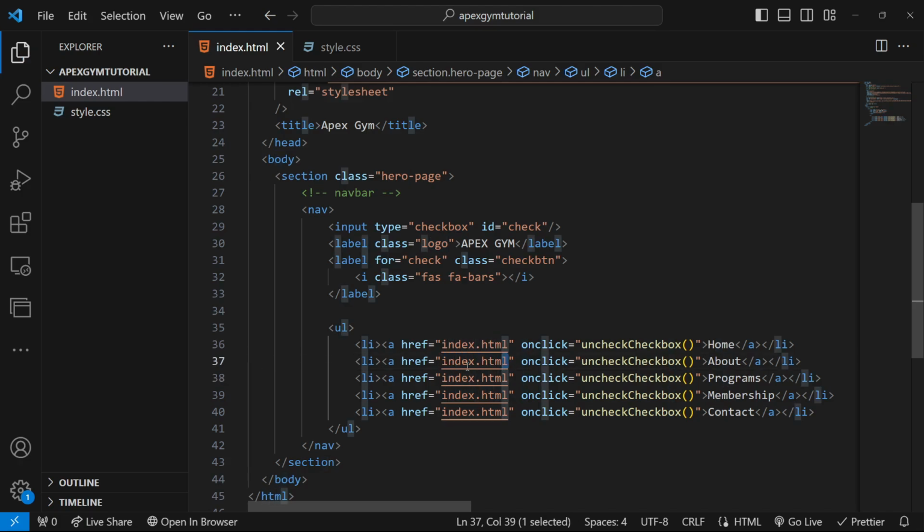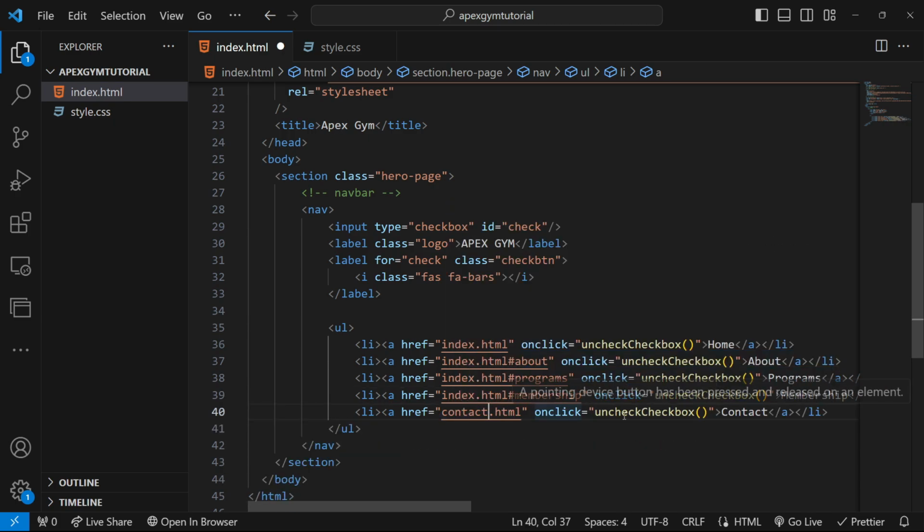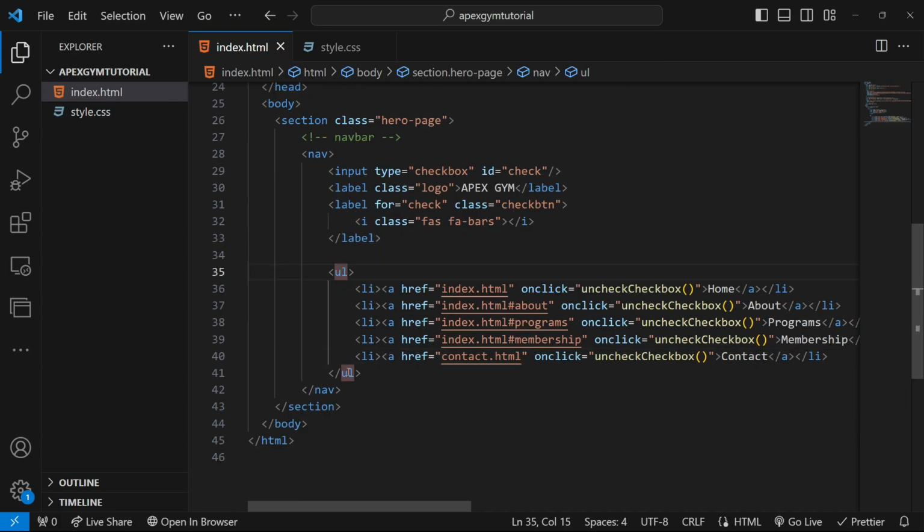So this is index.html#about. This is also #programs. Hashtag programs, hashtag membership, and also this will be contact.html that we will do later on. Now that we are complete on the linking,